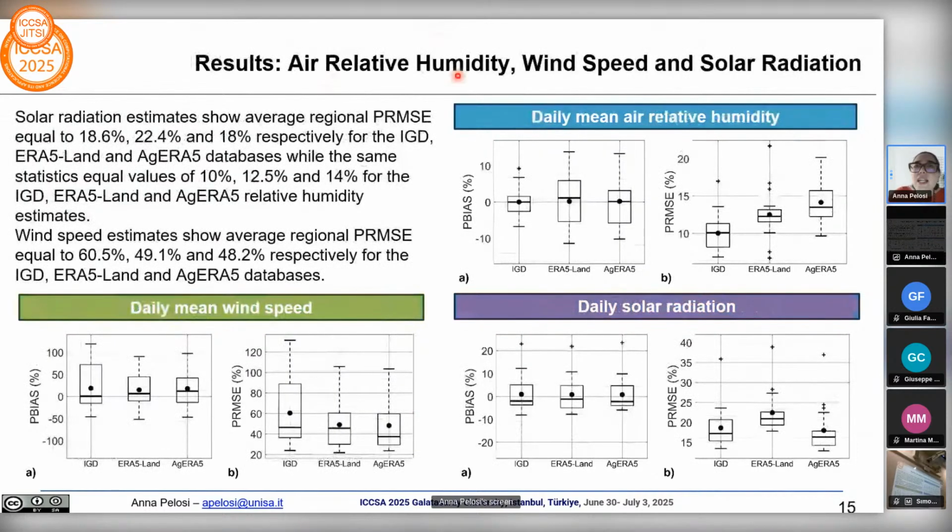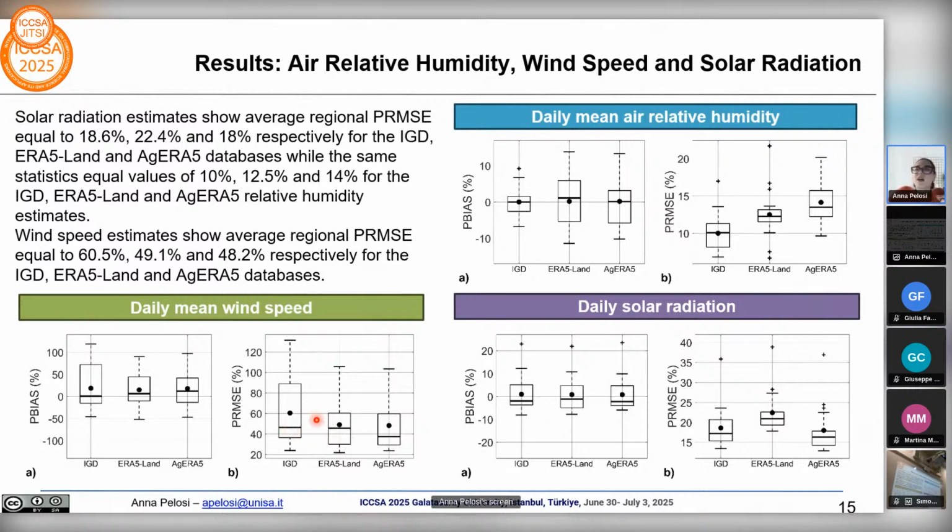Regarding air relative humidity, wind speed, and solar radiation, the daily mean wind speed is the worst variable. We have a lot of errors in estimating this specific variable. However, as we can see in this case, on average, the AG ERA5 and ERA5 land outperform the interpolated ground-based